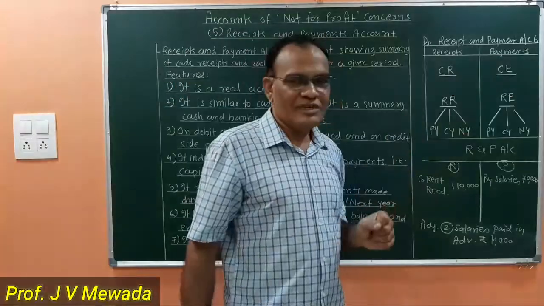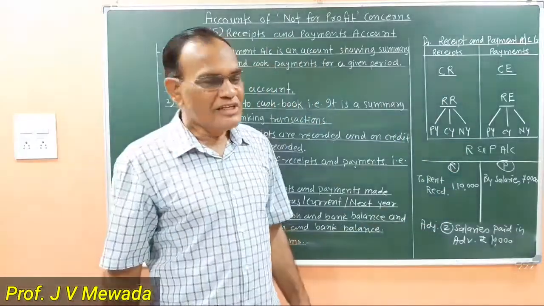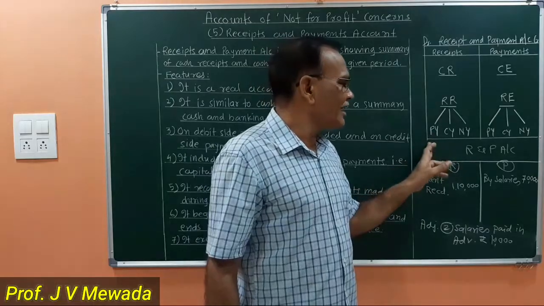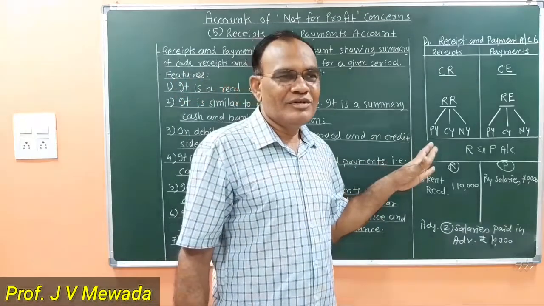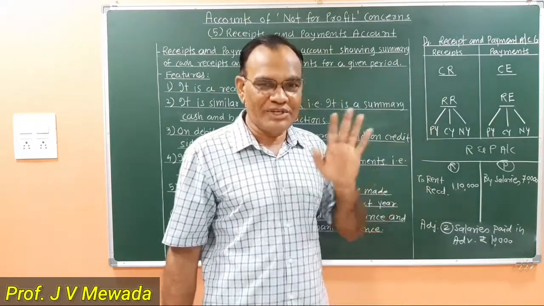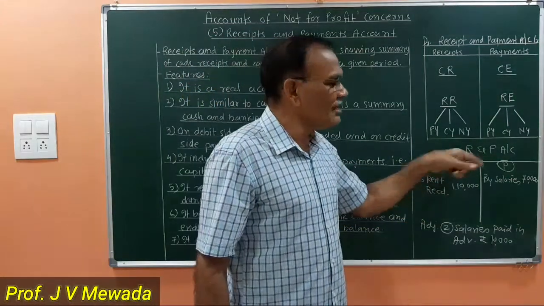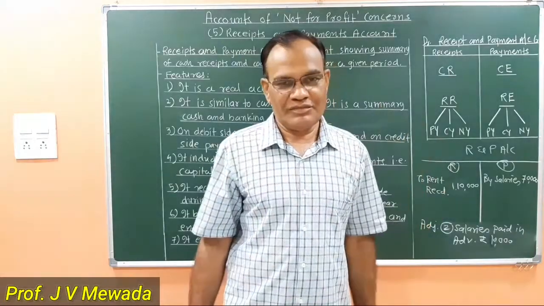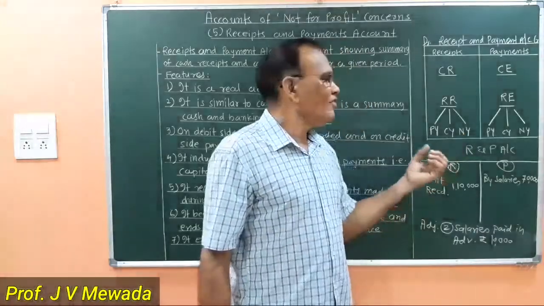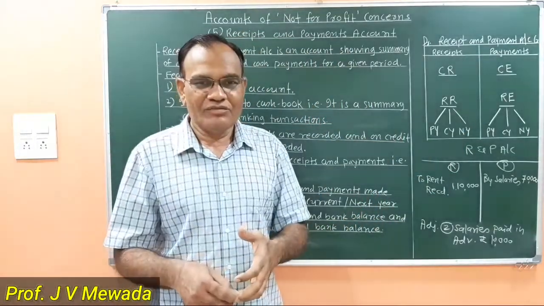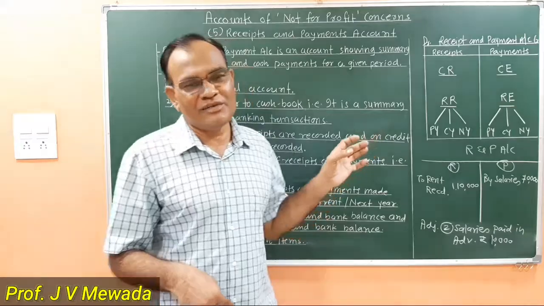In our example, suppose I am receiving rent. So rent for the current year, I am recording. Suppose rent was outstanding for last year and I received it in the current year, then also I am going to record it, because I am receiving cash. Rent for the next year, suppose I have asked for advance rent and they have paid me, then also I am recording it. It means all the receipts, whether they are of the current year, the last year, or the next year, are recorded in the receipts and payment account.